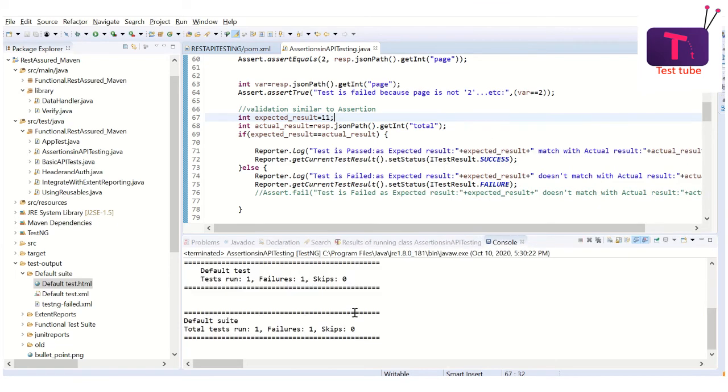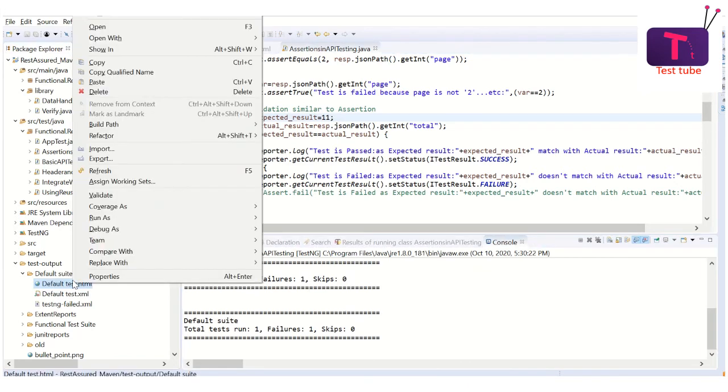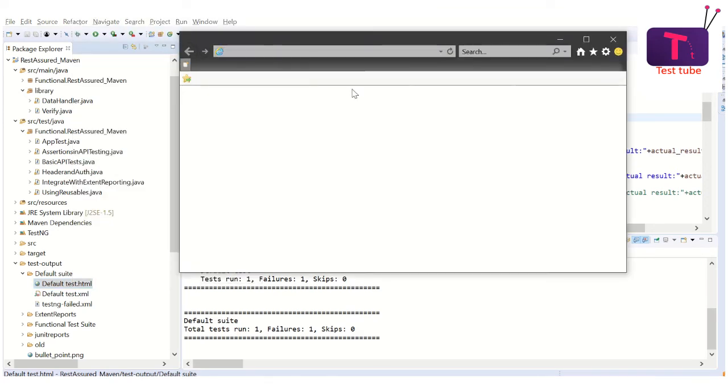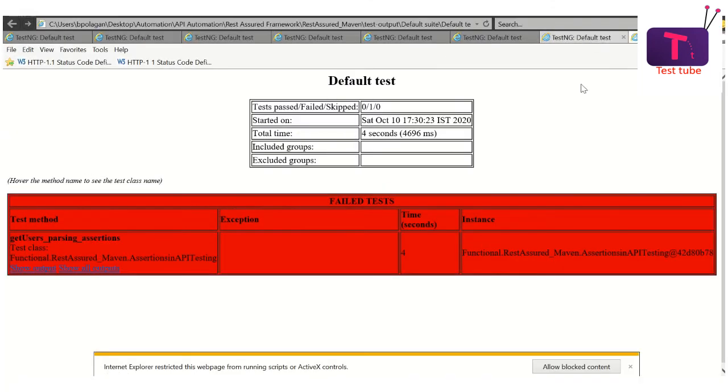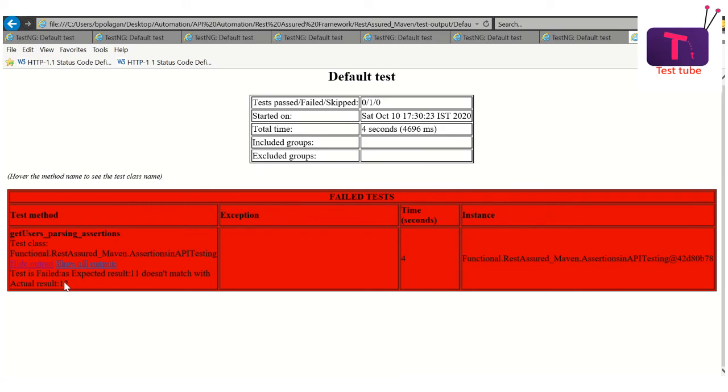This has run and this has failed, as you can see. And now let us see TestNG log. So this has failed, that's why it is in red. Seeing that output, it is showing that it has failed because expected result 11 is not matching with the 12.